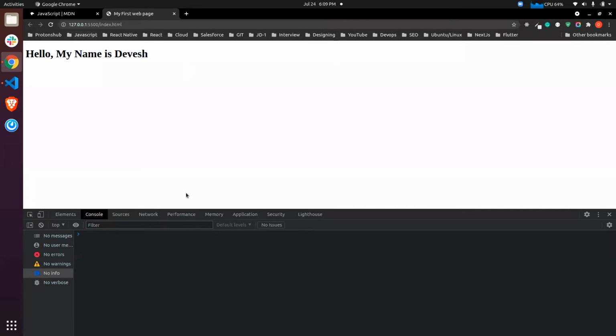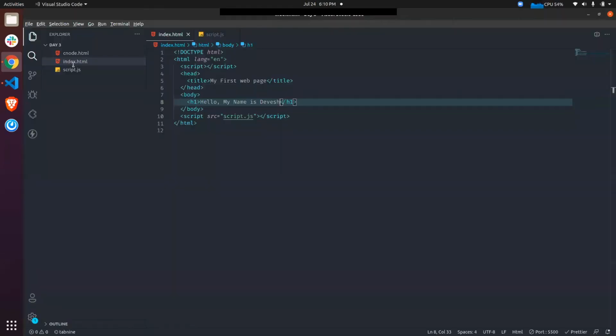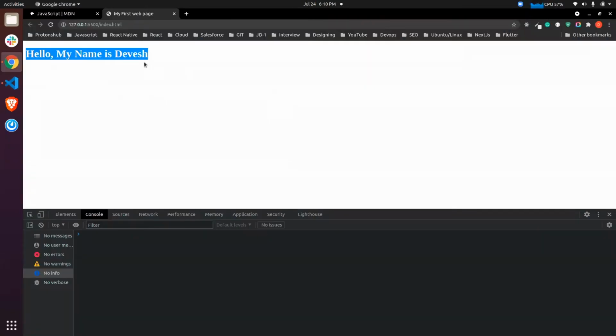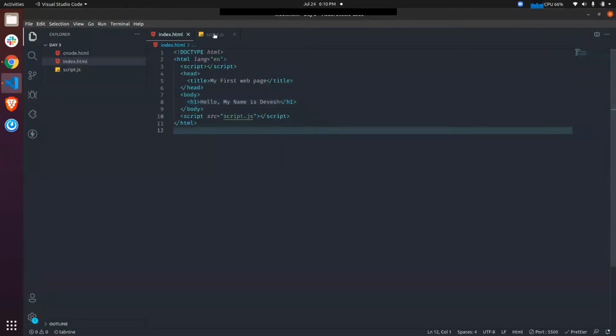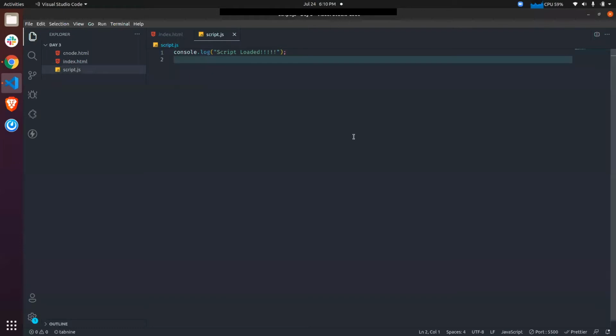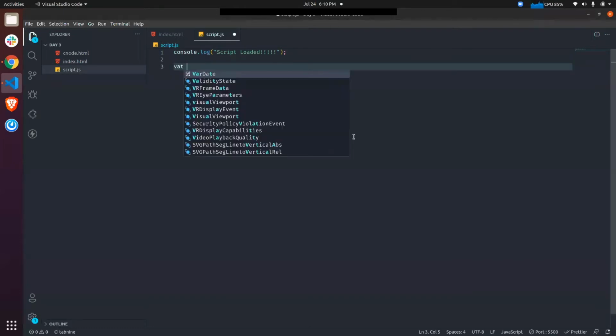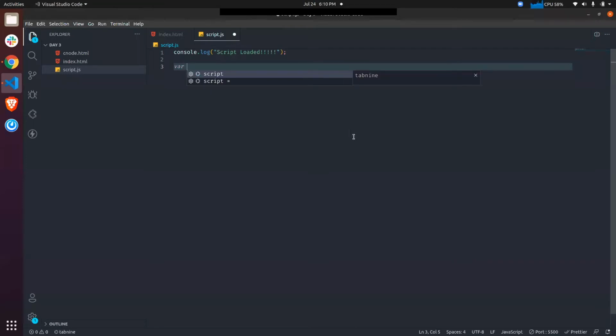The browser treats this web page as a document, and it has created a model, and we have an h1 tag over here, and it has some text written over here. If I want to change the text of it, what I can do is go to my script.js and take a variable. We'll come to the variables after some time. So let me take a variable, and